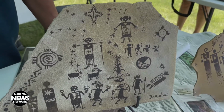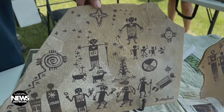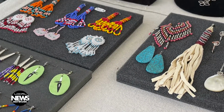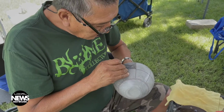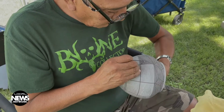Head Park Ranger Nathan Hatfield said 20 or so artists come every year from various Southwest nations, including Zuni, Hopi, and Laguna. The performing artists, the Pueblo Enchantment dancers, come from Acoma Pueblo, a National Historic Landmark 60 miles west of Albuquerque. Believed to be the oldest continuously inhabited community in the United States, Acoma Pueblo is the home of